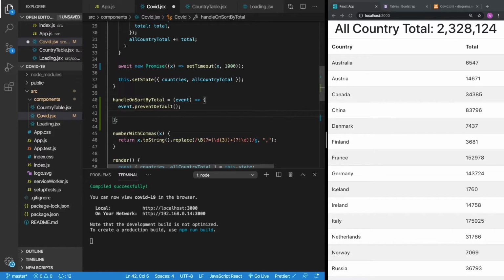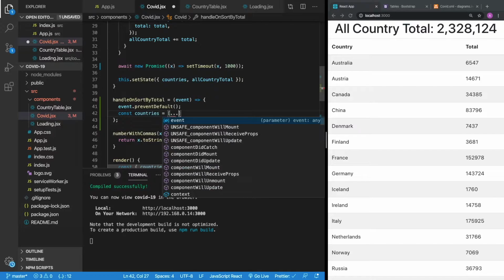So once we have this implemented over here, what we're going to do is we're going to make a copy of the countries array. Then we're going to sort that information. And after we sort that information, we will then set the state. So let's go ahead and do that. So what we're going to do here is say const countries is equal to, and that new list of countries, we're going to say copy all the countries that are in